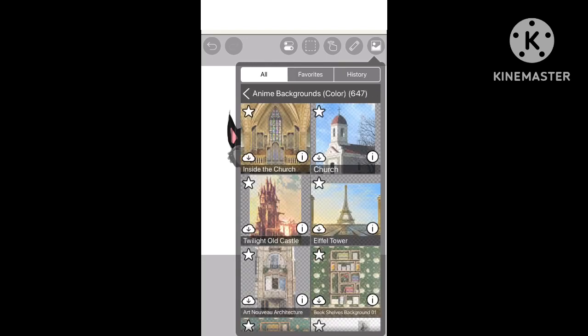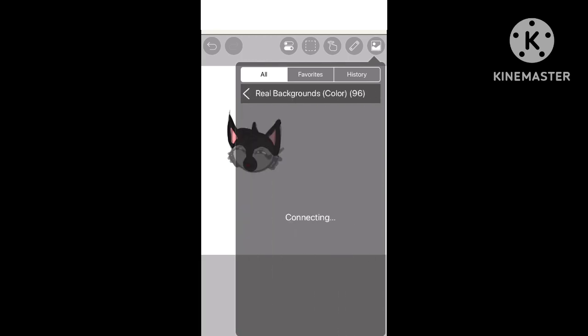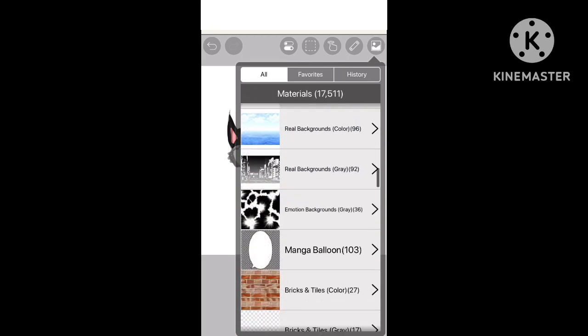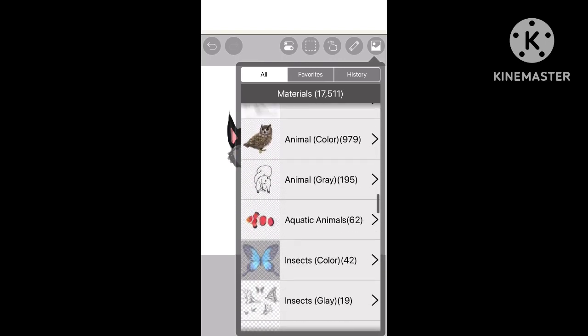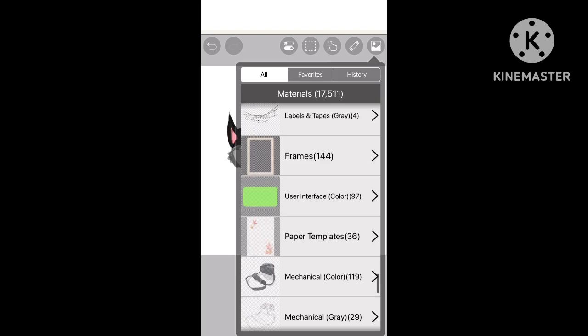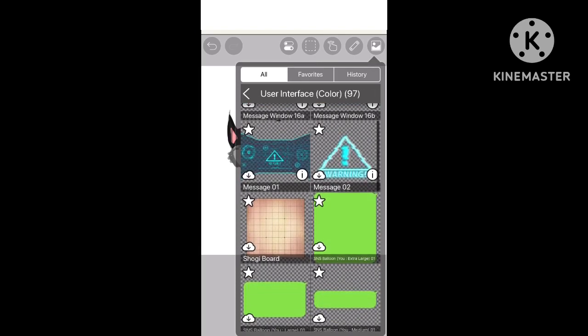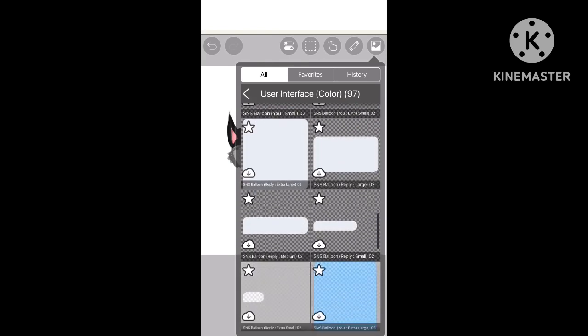And it has backgrounds you could use, colored and gray backgrounds. So I guess if you want to color it in yourself, you could do that. It also has quite a bit of animal bases and accessories and just a lot of stuff. I don't know why they put so much stuff. And a texting template. It even has like game messages. Like if you want to make a game message, you could, I don't know why, but you could do that